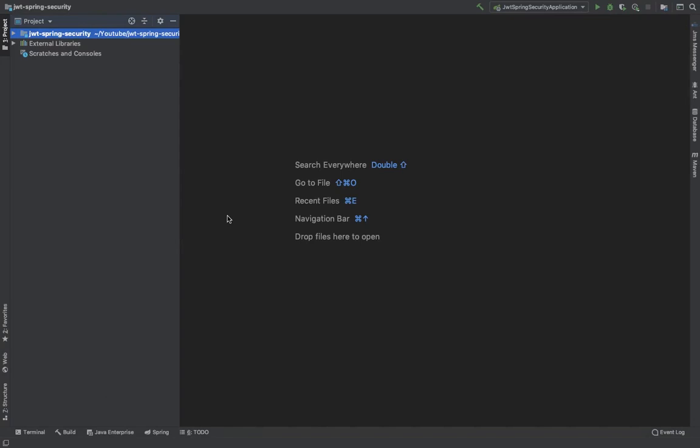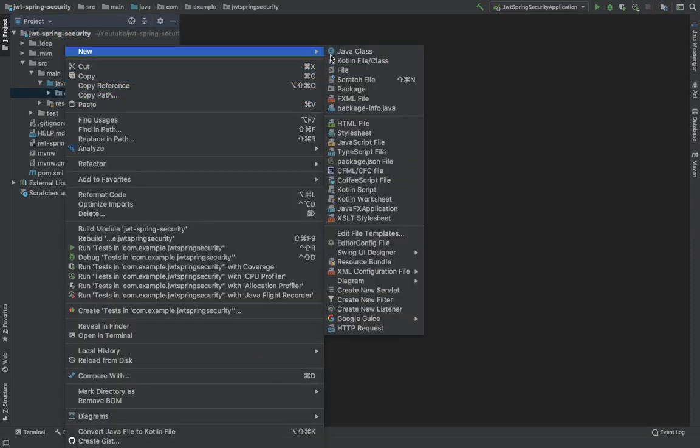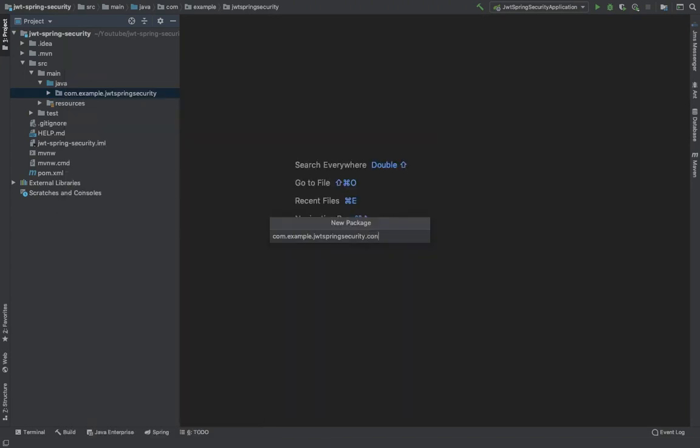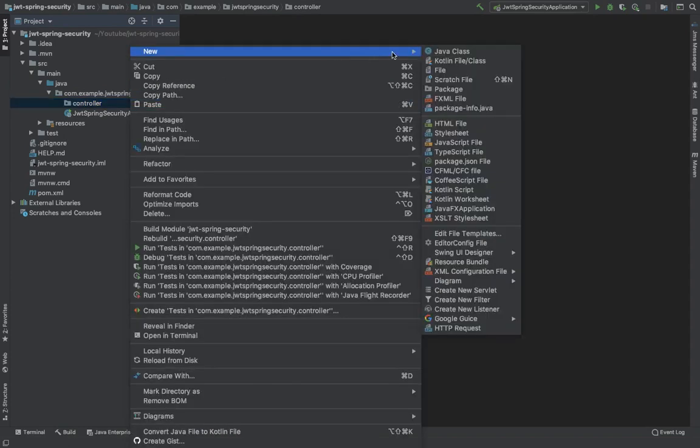Now let's create a controller with a simple REST endpoint which will print some message. I'll name the controller HelloController.